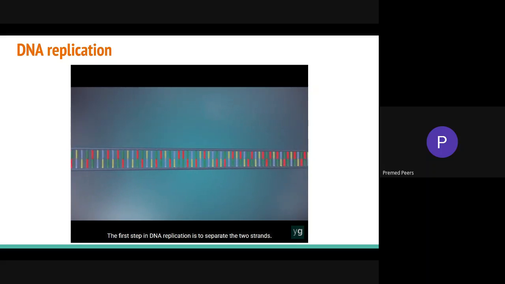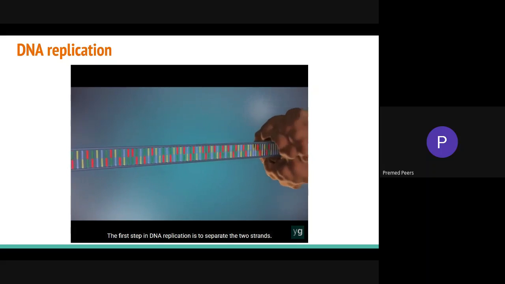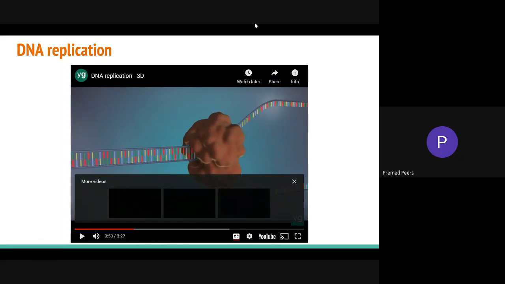The first step in DNA replication is to separate the two strands. This unzipping